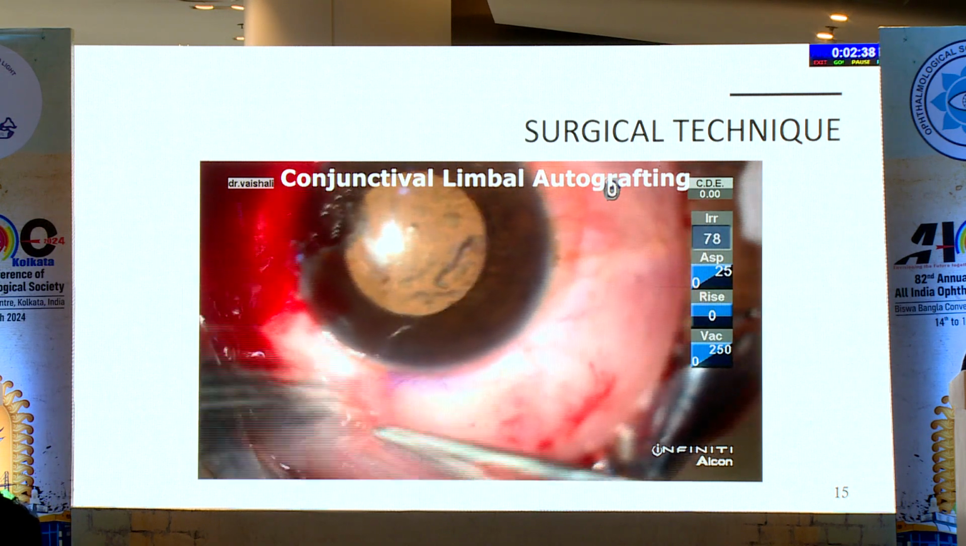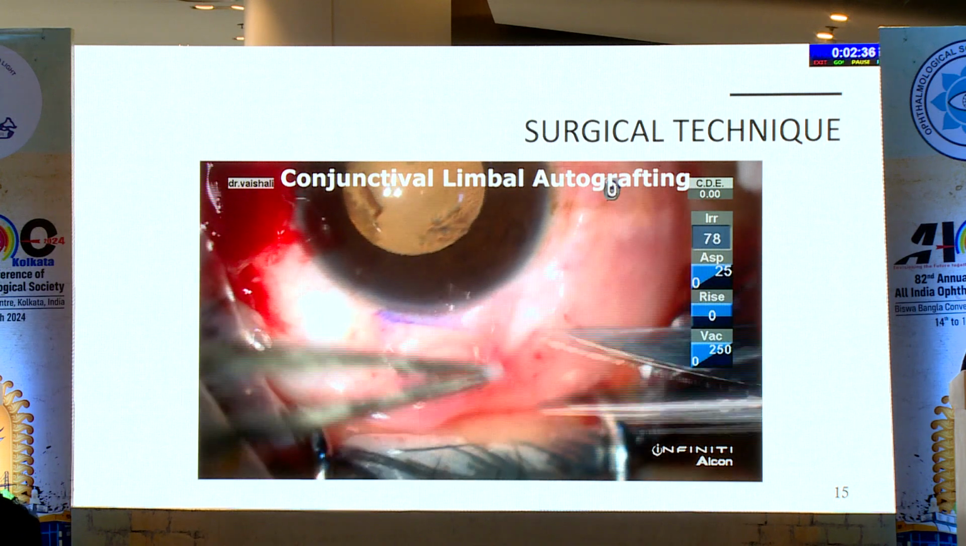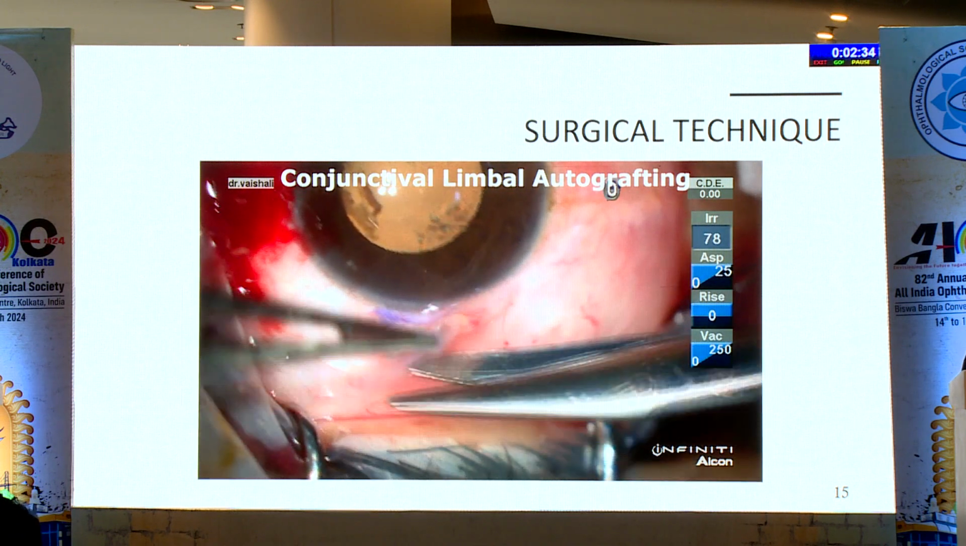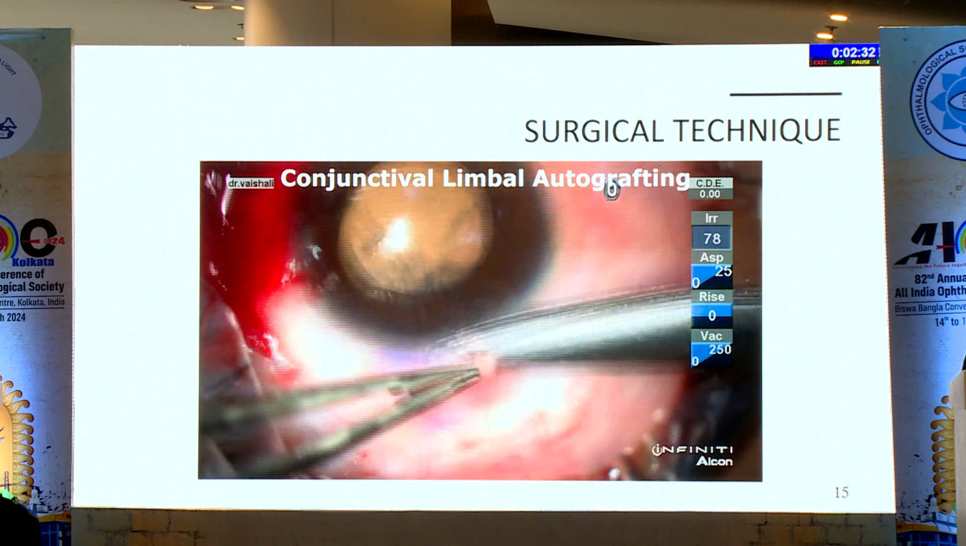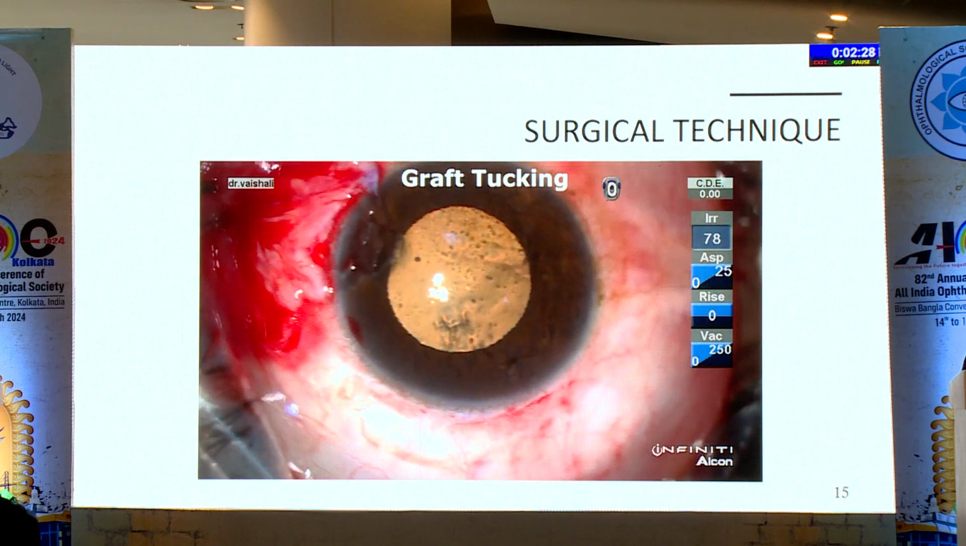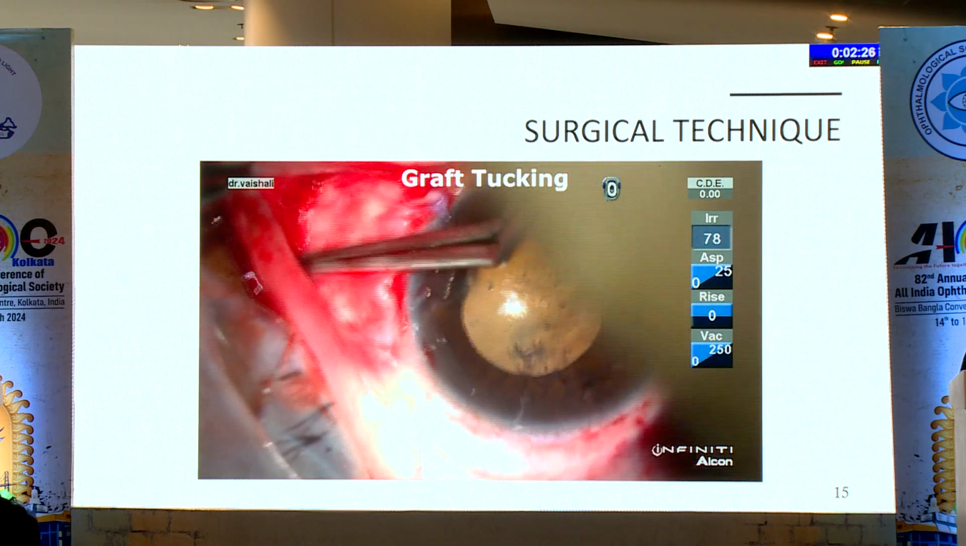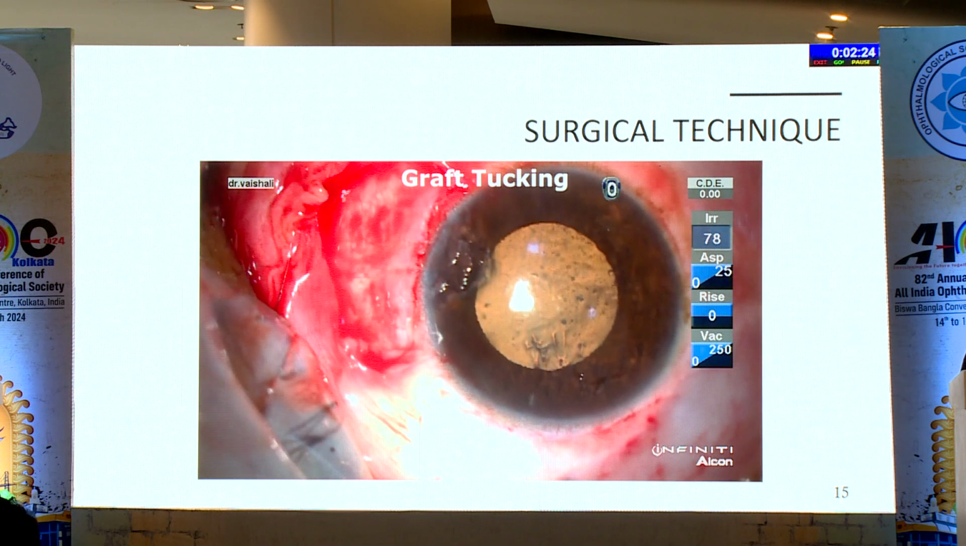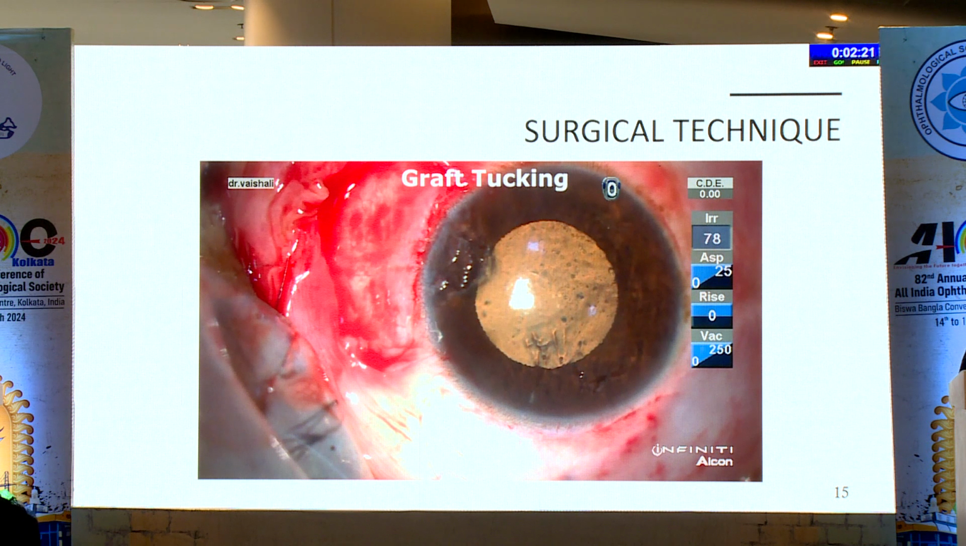First, the distal part of the graft is excised, and then the proximal part. We ensure that a thin rim of the corneal epithelium is included so that stem cells can be included. Then, without lifting the graft, we just drag the graft in place into the bed, iron the graft, and then tuck it in properly in the conjunctival bed, and we allow the blood to ooze over the graft to act